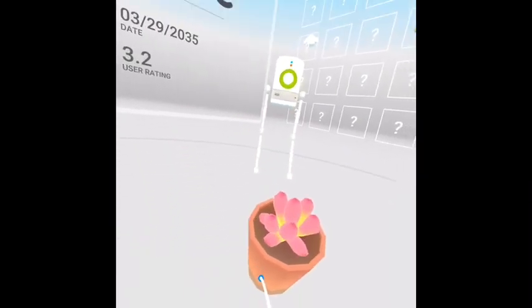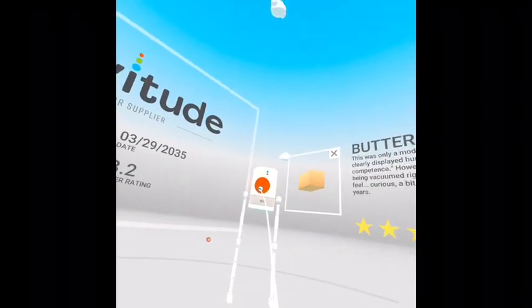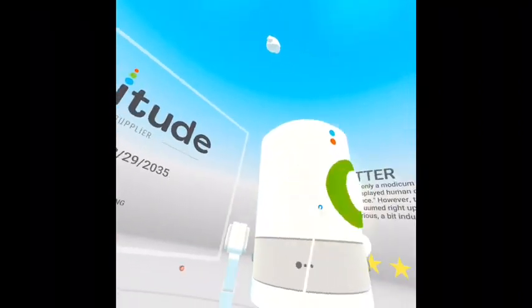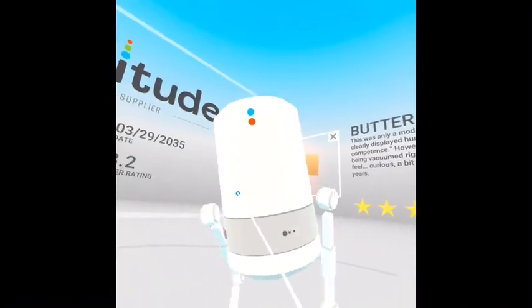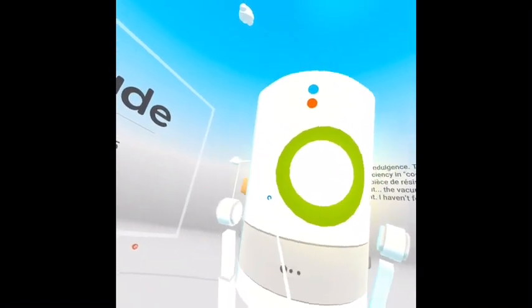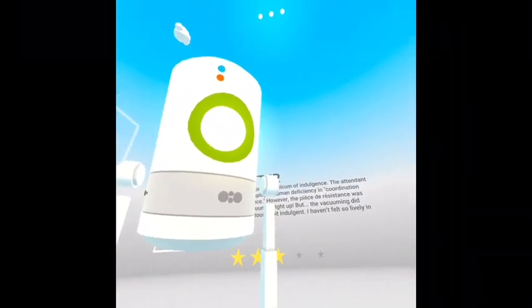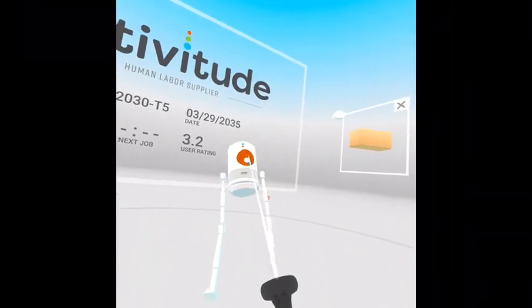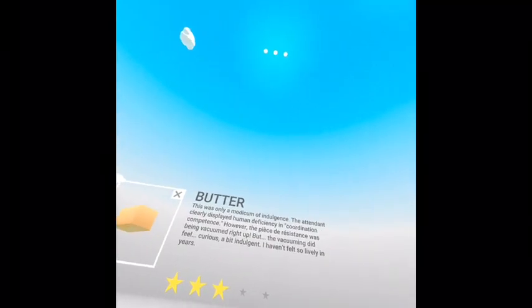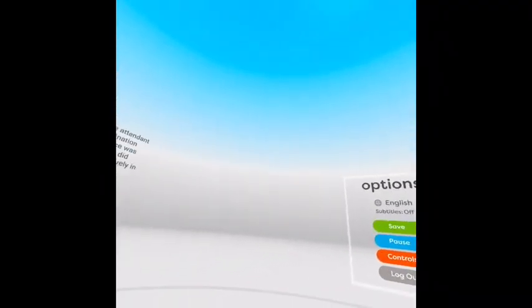Now that you're getting settled, let's look at your client review. And here we are, a review by Butter. Oh my. Well, it could be worse. On one hand, you did vacuum up the client, but you also provided a deep decrusting of his butter nodes. Butter hasn't felt this lively in years. That's nice of Butter to put a positive spin on the experience, don't you think?